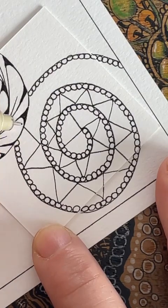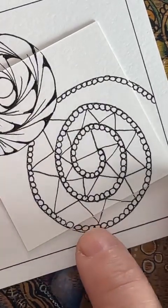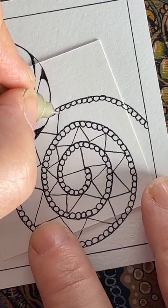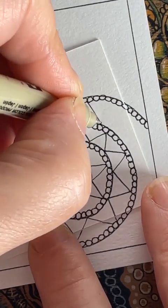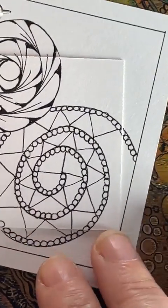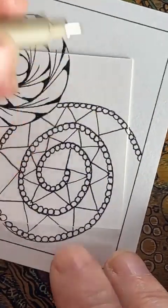Now see this one, it's going to go up here, so it's going behind. So it's going to look a little bit different there. And just follow it round. Now when we get to the end, we could actually complete this and keep it going. But I think what would be quite...